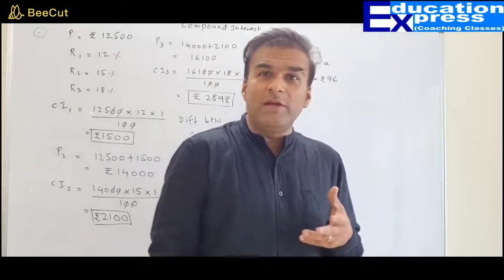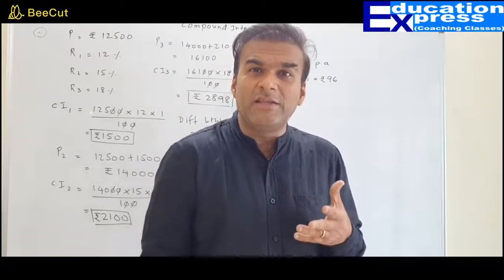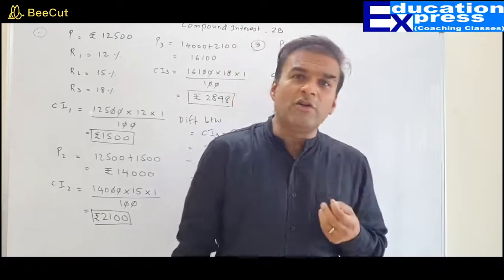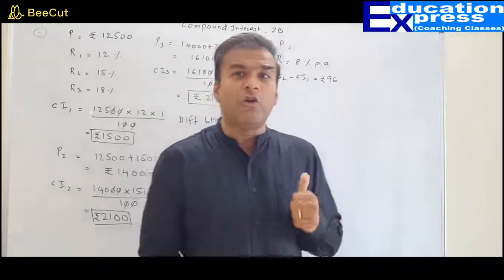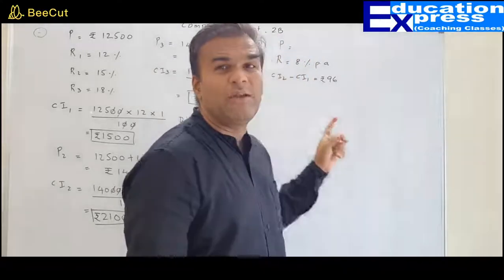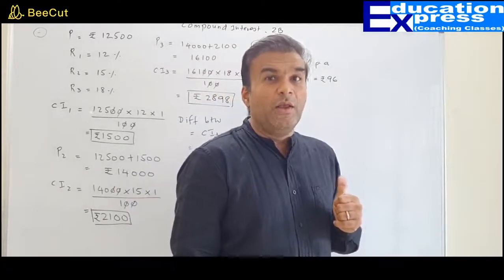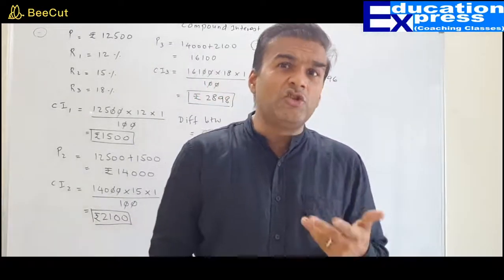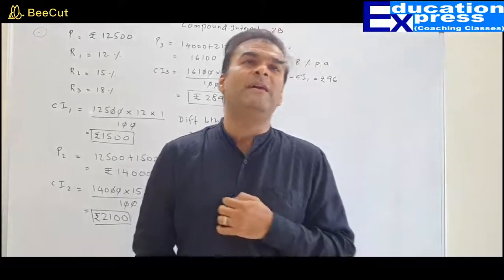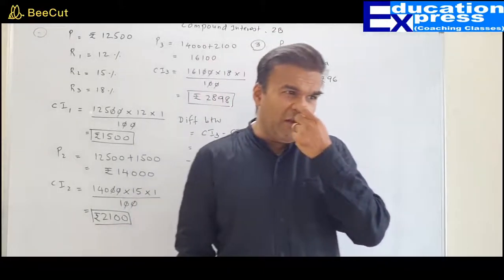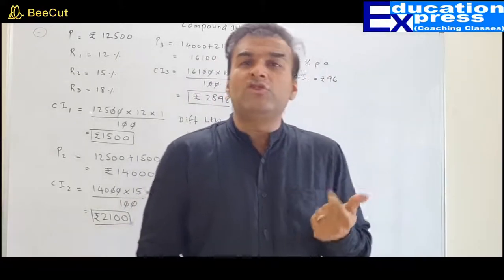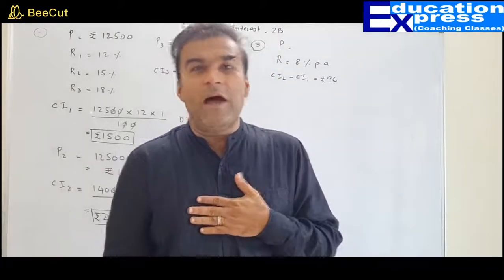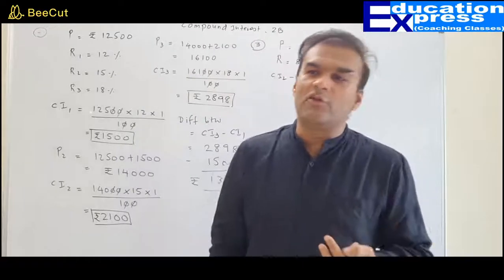I can assume it to be 100, I can assume it to be 1000, you can assume it to be X also. Whatever you assume, it is based upon your assumption in case your question is matching with the same system as what has been given over here. Remember, you can assume 100, 1000, or X also. So what would be the best option to assume? Generally, by and large, people assume let the principal be rupees 100. But I personally follow let the principal be 1000 rupees.